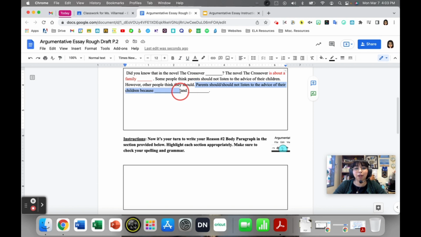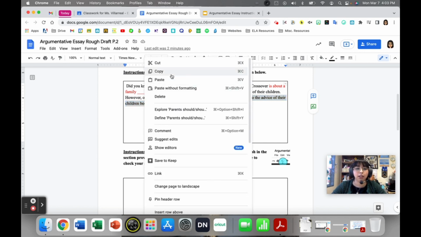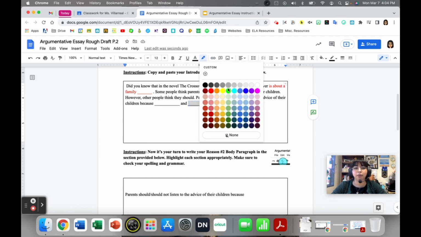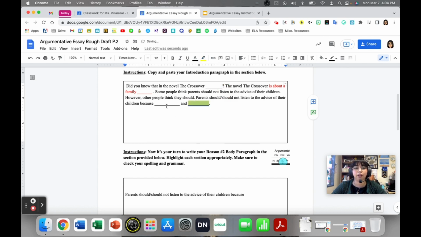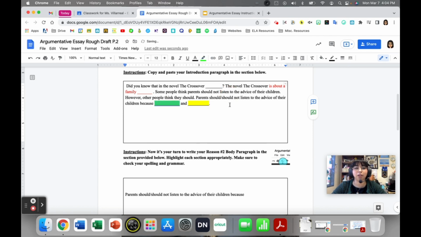Oh, look at that. I can just copy right here. Should or should not listen to the advice of their children because, and then I'm going to give that the second reason. So I'll copy this because, copy. And then I'm going to be copying the second reason that I put. I'll put them in different colors for you so that y'all know what I'm talking about.